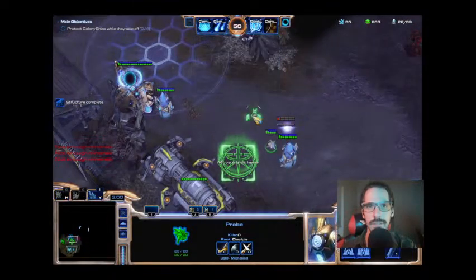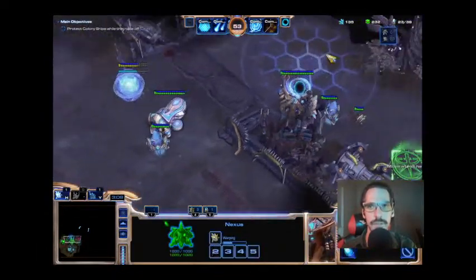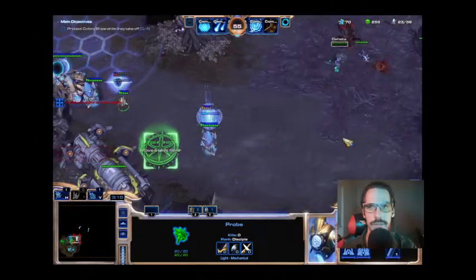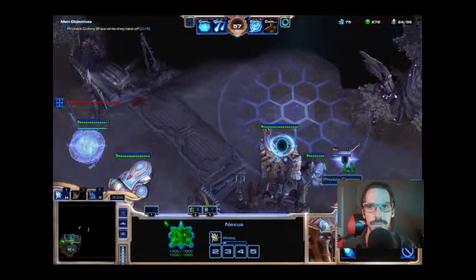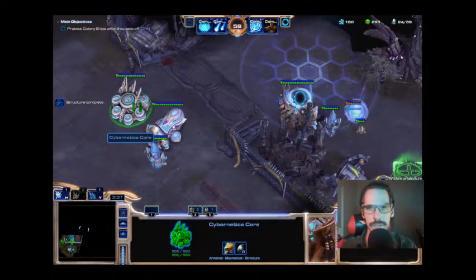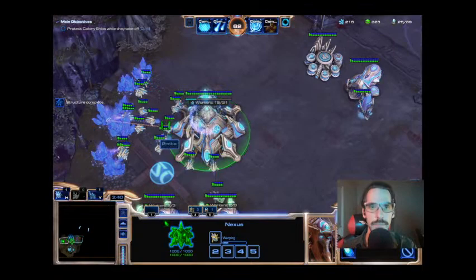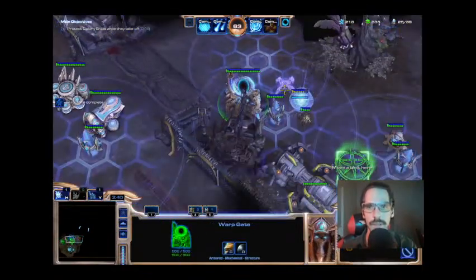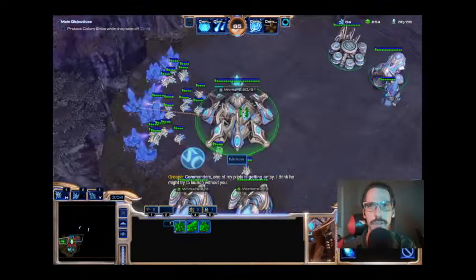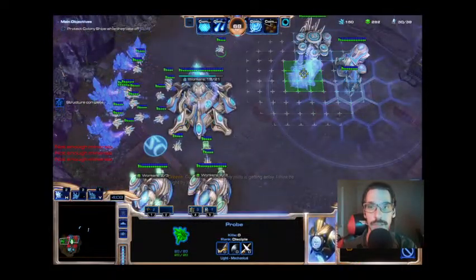So let's make this, get another photon cannon, kind of build it back a little bit. I want to build it back so that it doesn't come first when targeting, or there's not enough surface area to target it. And let's get a Dragoon up. Let's get a second Dragoon on. Okay. Now that we have a cybernetics core, I would like to make a Twilight Council as fast as I can,